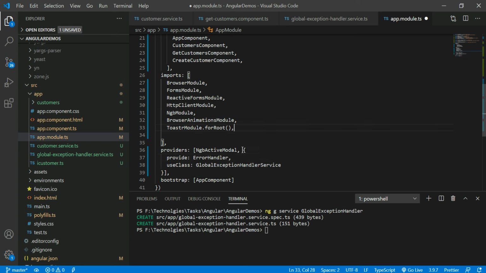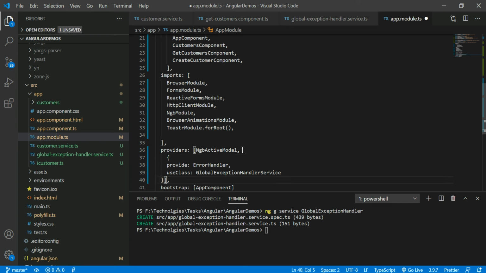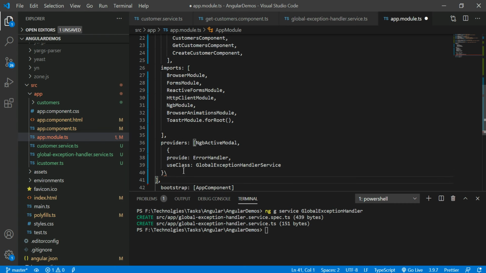This is important because you have to register this service whenever my application starts and app module.ts is loaded. App module.ts is the base module for the entire application. First of all, we have to register this one. Then only can you get the exception in the error handler.